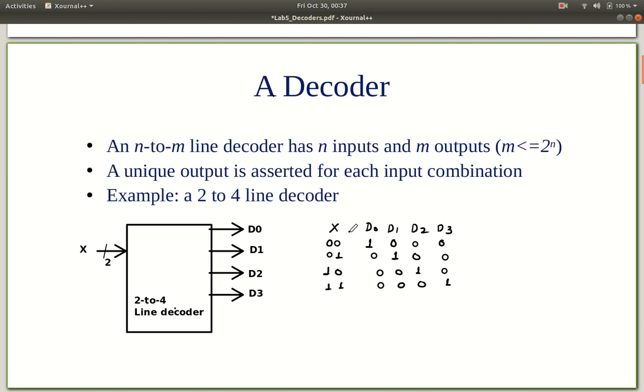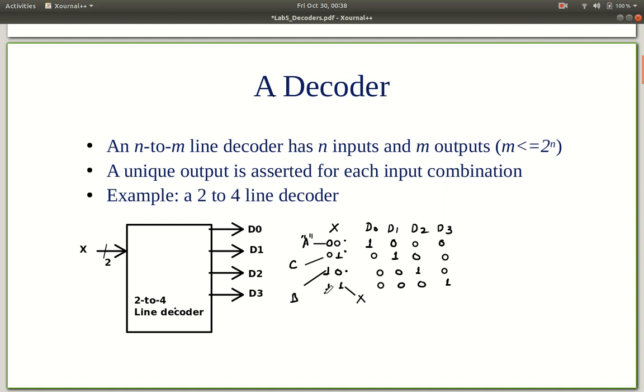So this is a binary decoder, but in general, each output of a decoder could correspond to one input combination, and that could be some symbol. Let's take an example where this combination 0, 0 represents the symbol A, this represents the symbol B, and this one represents the symbol C, and this is an invalid combination. Then our decoder would have three outputs A, B and C corresponding to each of these three input combinations, and when the input value is 1, 1, none of them are asserted.